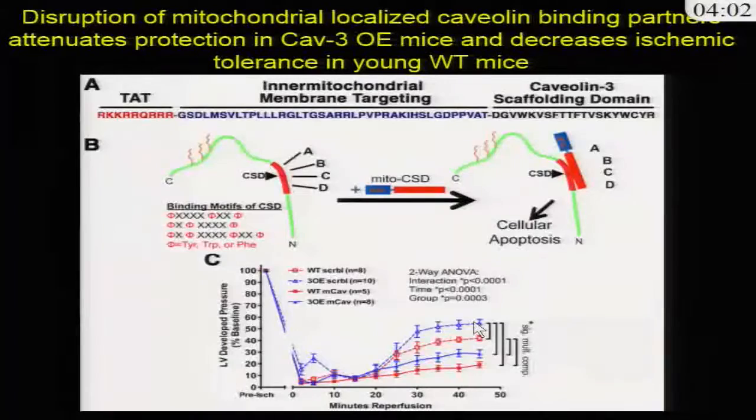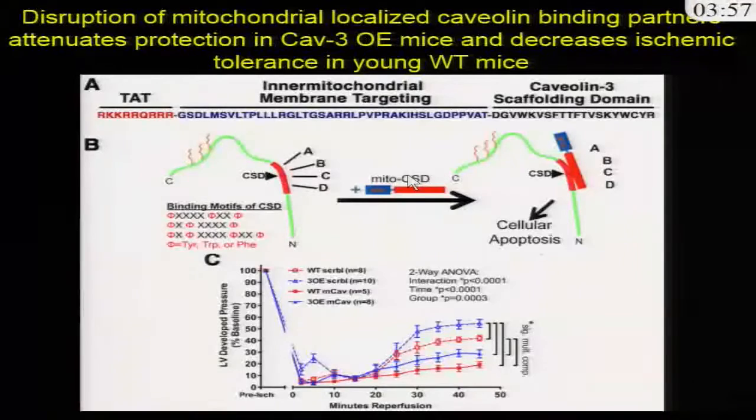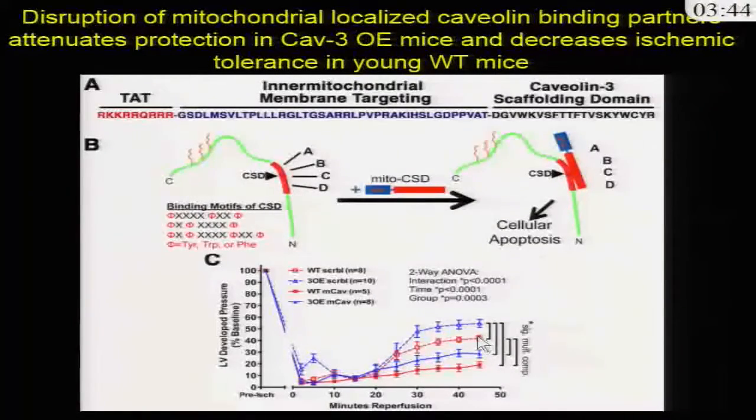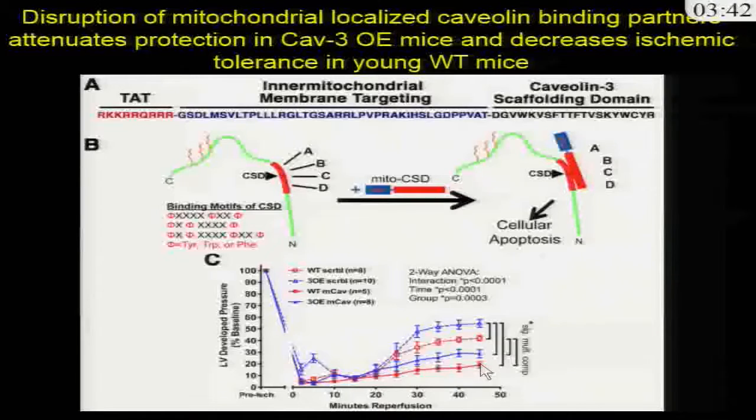When we treat both of these hearts with the targeted peptide that should disrupt mitochondrial Cav3 anchoring and protein organization, we see that in both of these animals there's a dramatic decline in adaptation to ischemia reperfusion injury. What's even more striking is that in the wild-type animal we see a recovery of function similar to what we see in an old animal. What this suggests in our minds is this idea that there's this constant exchange of caveolin within the plasma membrane and the mitochondria that keeps a heart young, and we can perturb this acutely by antagonizing the cav within the